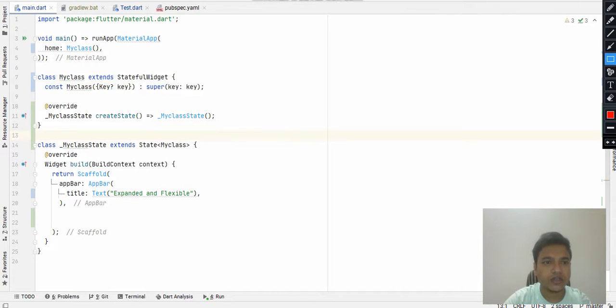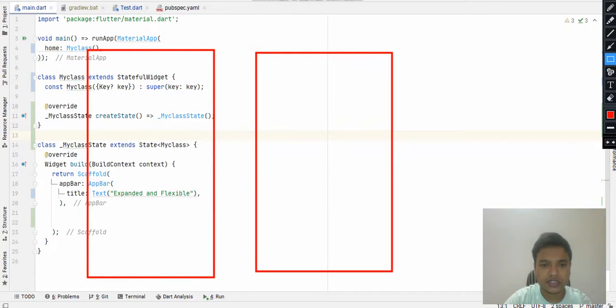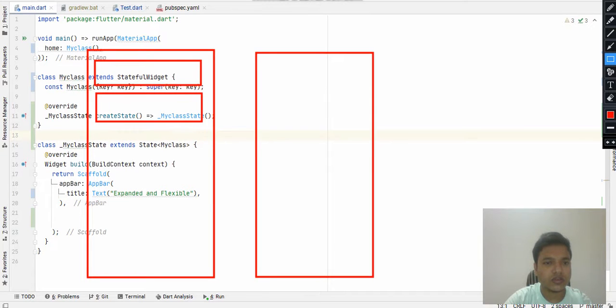Here you can assume it is your smartphone screen. Let's assume you have three containers on your screen, I mean three things you want to design here: widget 1, widget 2, and widget 3.